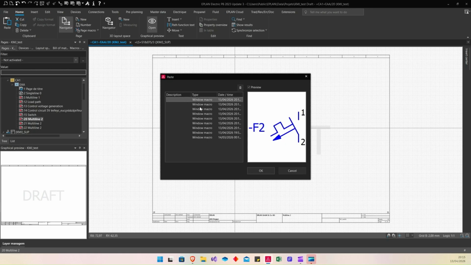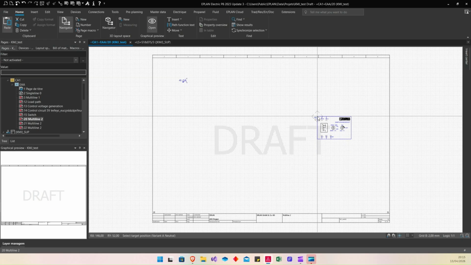Then, for example, I want to paste also this component. Now I don't have to go back to my last page to copy again and come to this page to paste. I just select in my clipboard dialog which component I want to paste. So I can paste the same thing at the same X and Y position.